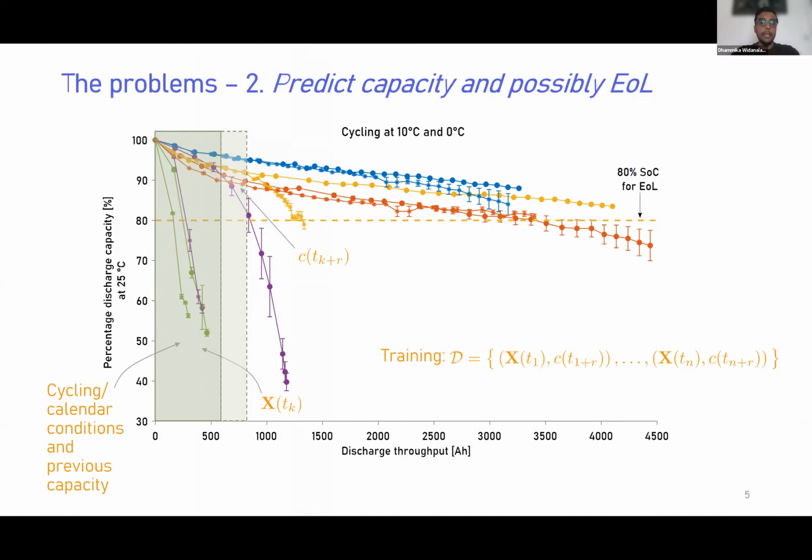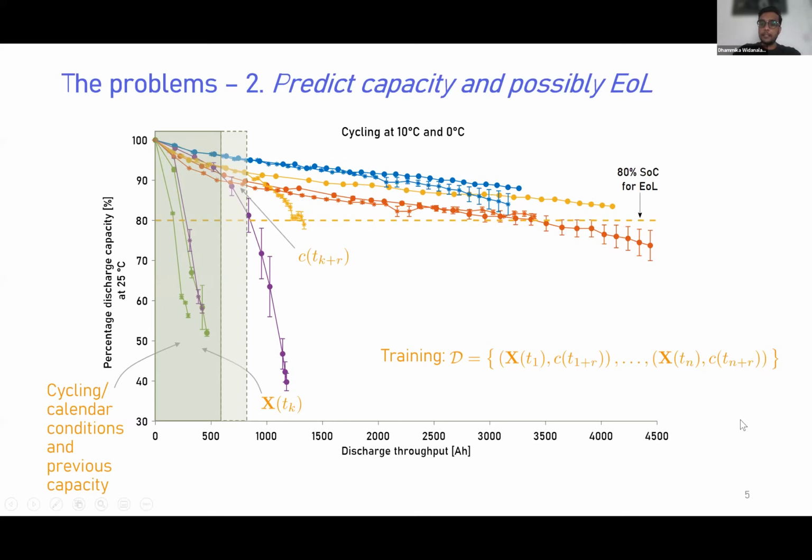A second problem is, rather than the number of cycles or the end of life per se, you might be interested in the actual capacity fade of the battery. This is problem number 2. It's slightly different in that the training data now gets adapted: rather than Q, you get the capacity coming in, and they inherently become time-dependent quantities as well. So you say, I've got some training data again at some time interval, X of T1, and I've got the corresponding capacity at time T1. We could also generalize it further and say I'm also interested in a few more cycles ahead into the future, so T1 plus R.